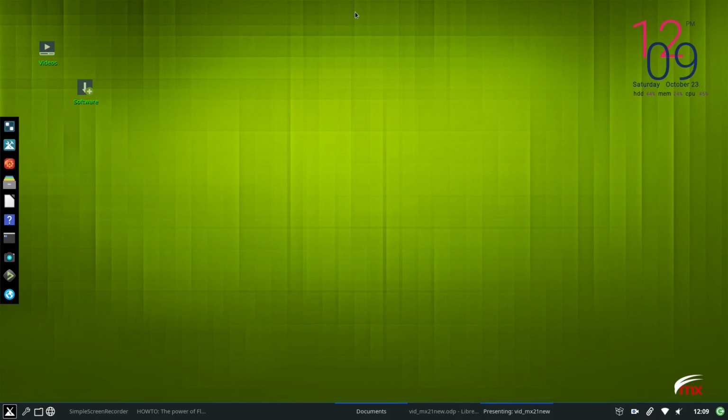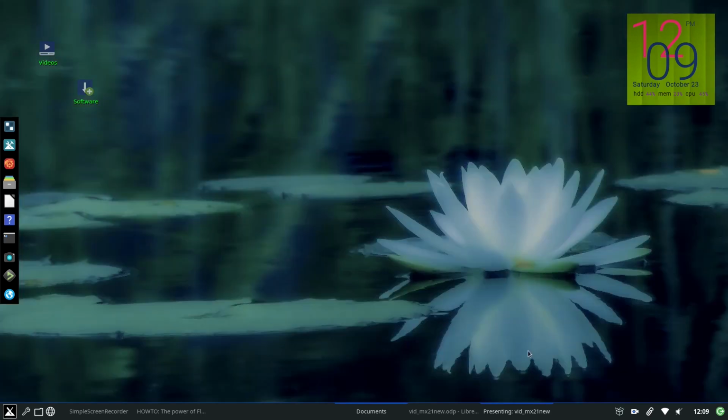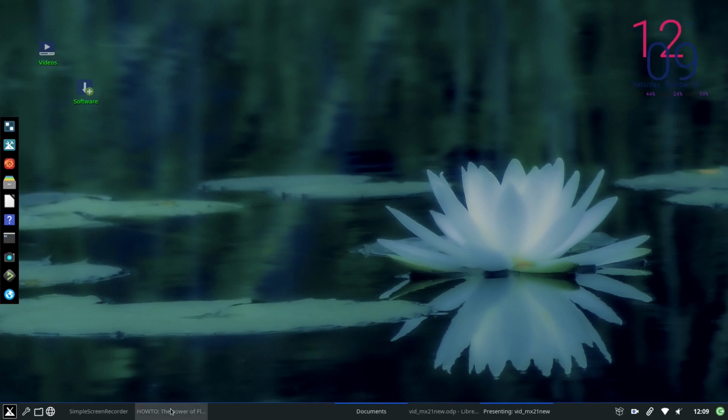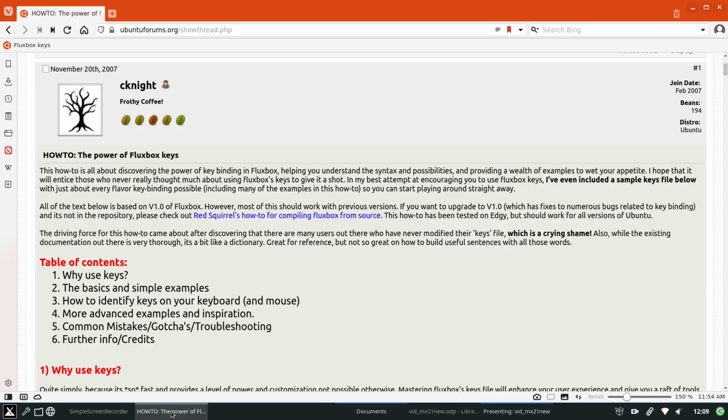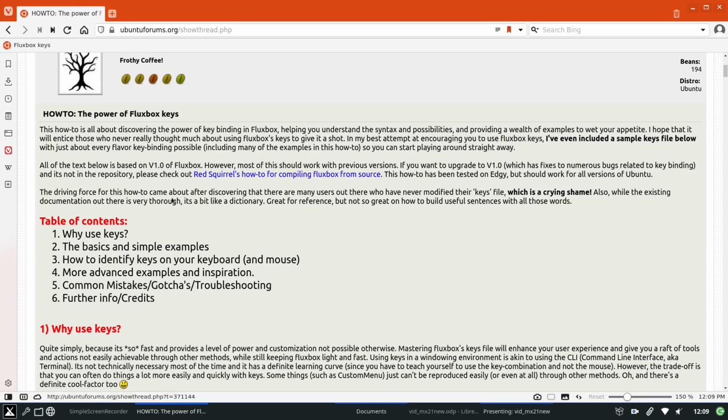You can do your own. I have a video on that. There also is excellent stuff on the web. This one in particular, this article of now 2007, but this article on Fluxbox keys, as you can see, it's a whole overview,